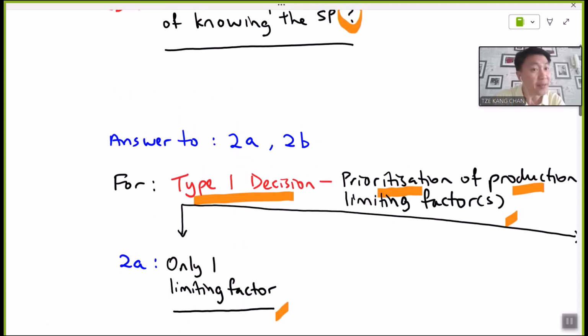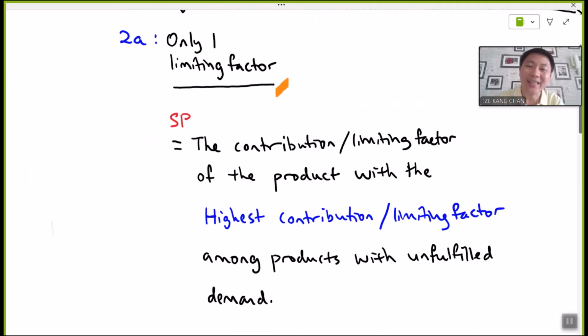Well, as you may learn in other parts of the sessions, in these kinds of circumstances, you may be required to determine the priority, the sequence order in allocating the limiting factor, based upon the contribution per limiting factor for each and every type of finished goods or products. And then we rank the allocations of the limiting factor based upon the sequence of such contribution per limiting factor. However, should circumstances arise whereby after allocating all the available limiting factor, there are still unfulfilled demands on certain products, that is when shadow price comes into the picture.